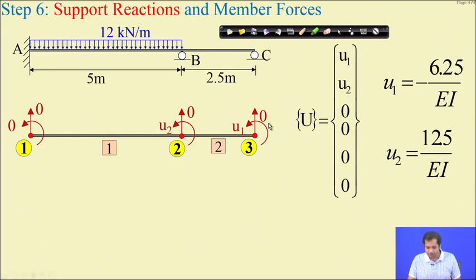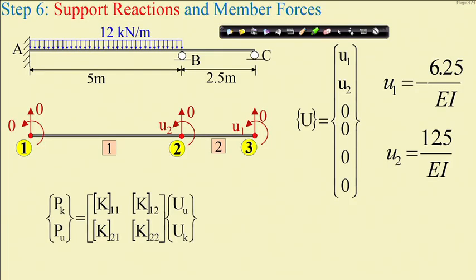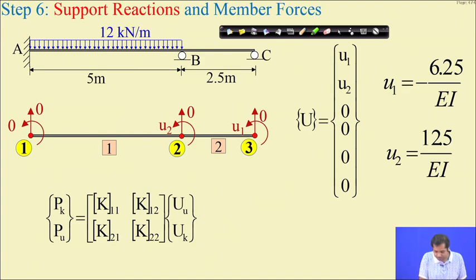Okay. So, this is the displacement. We have just two non-zero displacements, U1 and U2, all other displacements are 0, and the values of U1 and U2 we already obtained in the last class. Now, if you remember, in the last class we discussed that if P is equal to K into U, this force displacement relation can be partitioned depending on the unknown displacement. We can separate the unknown and known displacements, and similarly we can partition the stiffness matrix and the load vector, and if we do that, we get something like this.